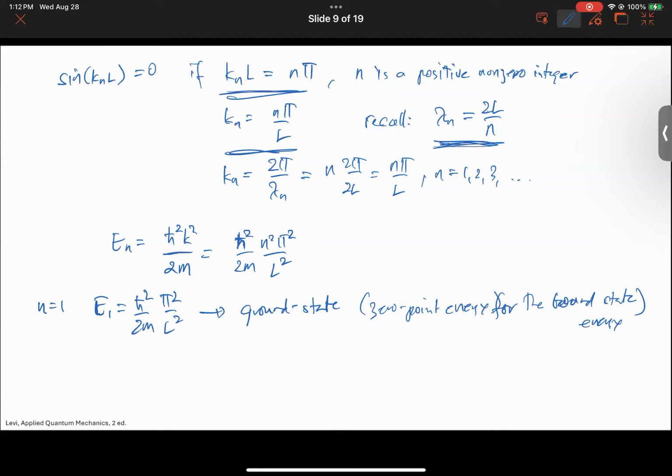In quantum physics, the lowest energy state is called the ground state, and it's not necessarily 0. Hindi katulad sa classical physics, na kung saan pwede kang magkaroon ng zero energy, zero kinetic energy,